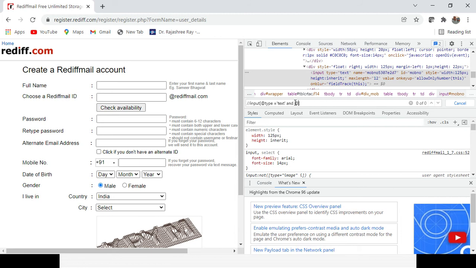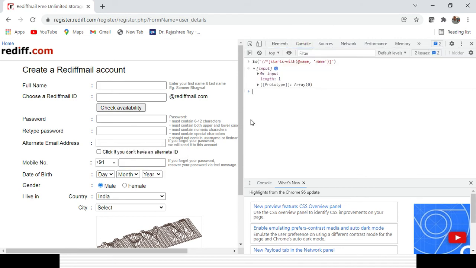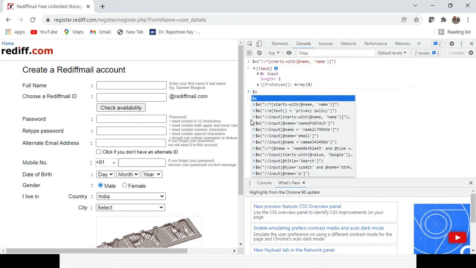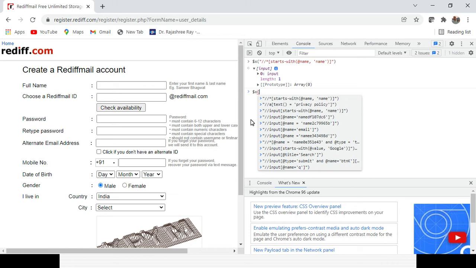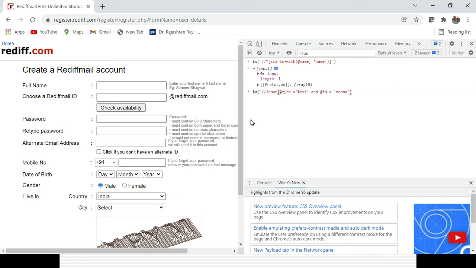And at the rate id equal to, now you can see with this one I can uniquely identify the element, right? And if you want to validate whether it's uniquely identified or not, go to the console again, same way, press dollar to validate the XPath, press X, then give first bracket, then double quote, give the XPath, end double quote, end first bracket, press enter.